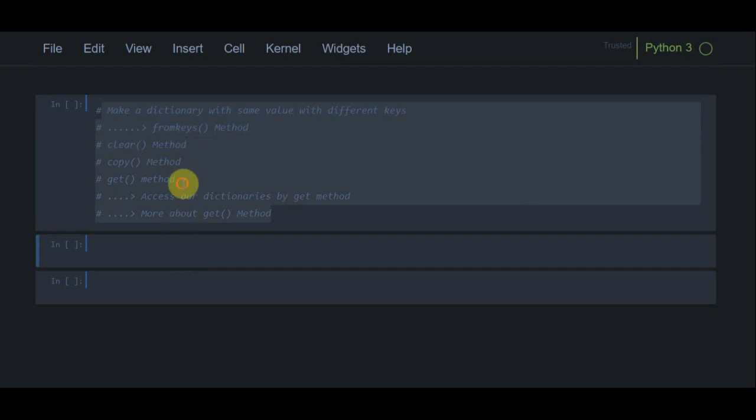So first let us start with the fromkeys method. For this I am going to create a dictionary by using the dict keyword. So I am using the dict keyword, and then I am going to use the fromkeys method, and under the fromkeys method I am going to name the keys of the dictionary. So first we have, suppose,